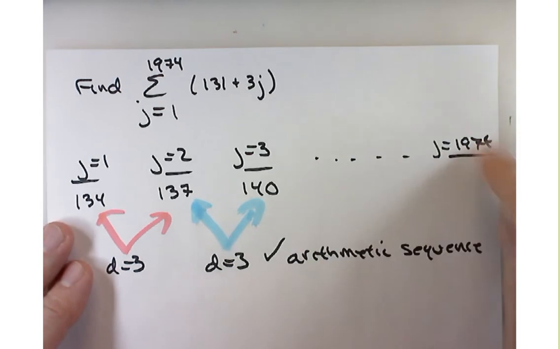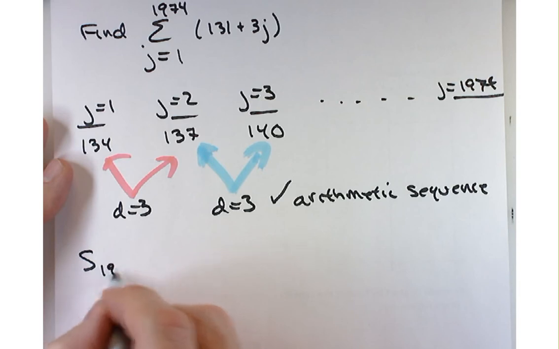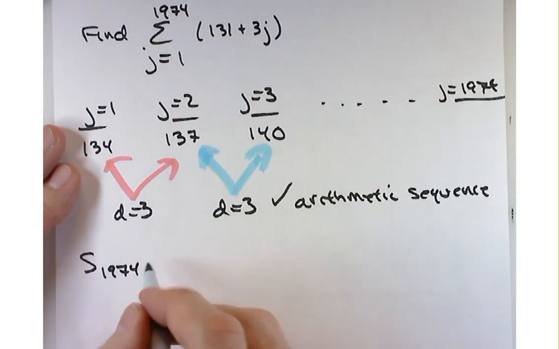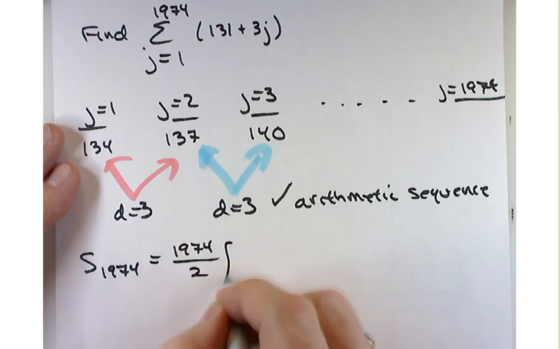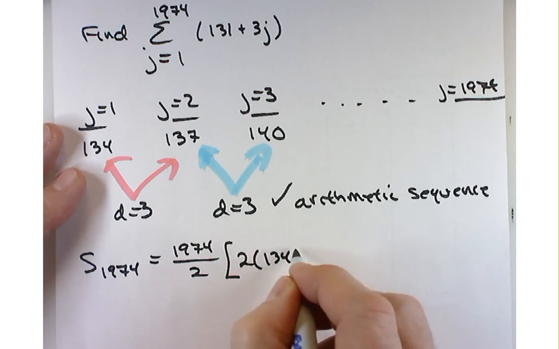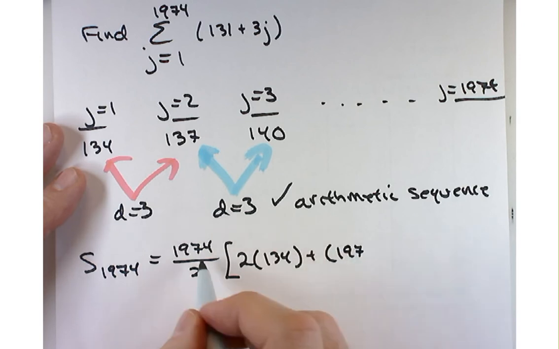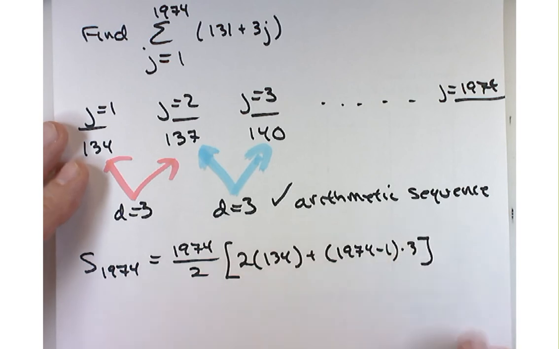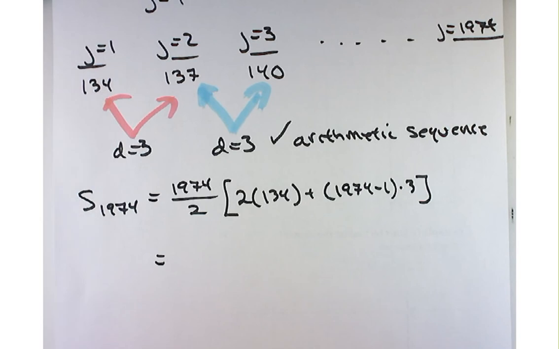All right, I don't feel like putting in 1974, so I'll do it this way. S of 1974, that is the sum of those first 1,974 terms, is going to be 1974 divided by 2 times 2 times 134 plus 1974 minus 1 times 3. Now, while you're cranking out that number,